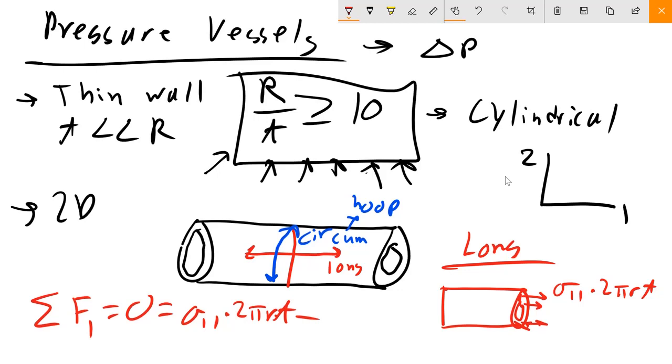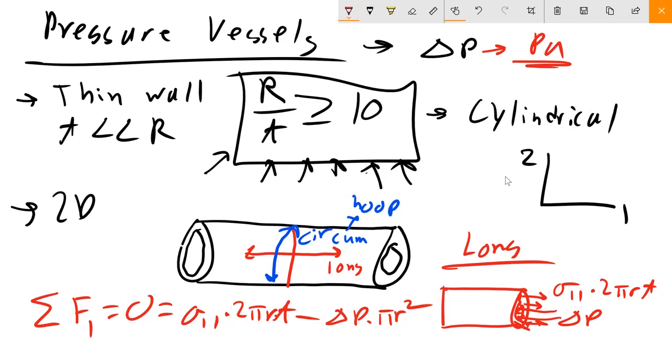Now, that is going to be opposed by the pressure that's being exerted in the opposite direction. So the pressure that's being forced internally here, that is delta P. And delta P is in units of pascals or ATMs, but again, that same idea, newtons per meter squared. So we need to multiply by, once again, an area. Now, what is that area that it's acting on there? Well, that's just the area of a circle. So that is going to be 2 pi r squared. Or sorry, excuse me, pi r squared. So pi r squared. And that's it. Now I could set that equal to 0.